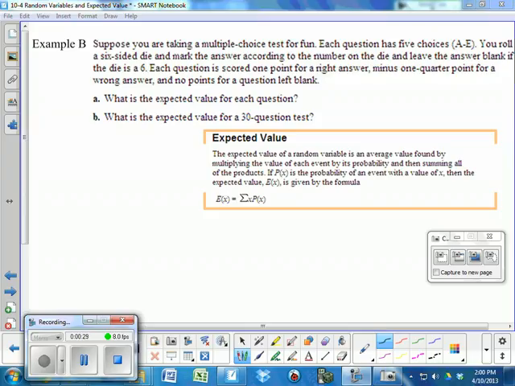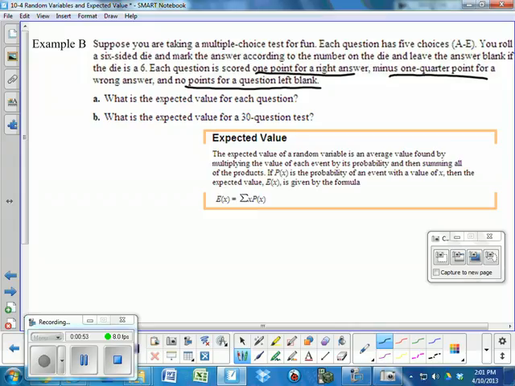Not stupid, because look at the scoring system. Each question is scored 1 point for a right answer, negative 1/4 point for a wrong answer, and no points for a question left blank. So is leaving it blank better than getting it wrong? Yes. Okay, so